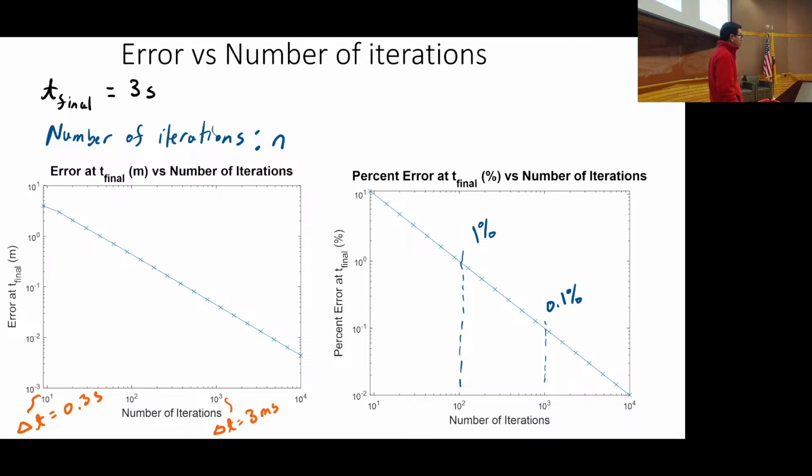Log-log plots, right? The joke with log-log plots is you can make anything look like a straight line on a log-log plot. But it's not true. Okay? Not for this class at least. But often if you have data in an experiment and you're not sure how to describe the relationship, just try putting it on a log-log plot and hope that it straightens things out. So here what you see is that